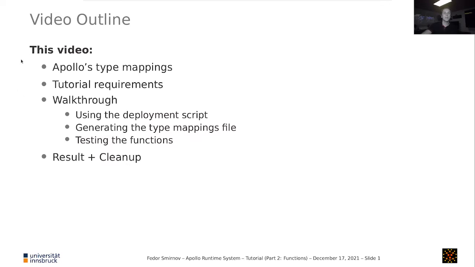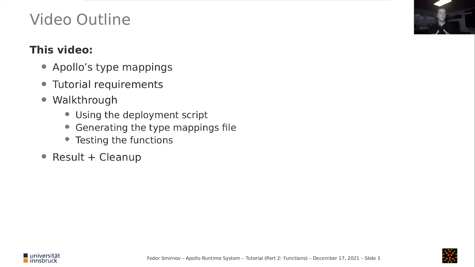We're first going to have a look at Apollo type mappings. That will be more a part where I just explain things to put them in a context so that we have the same understanding of why Apollo requires the things we are talking about and what eventually the output of this tutorial will be. Then we will briefly look at the things you require to do this tutorial, and after that we will have a rather long practical part where I just will show you all the steps required between where we start this tutorial and the endpoint where you actually have those functions deployed, and actually you also have